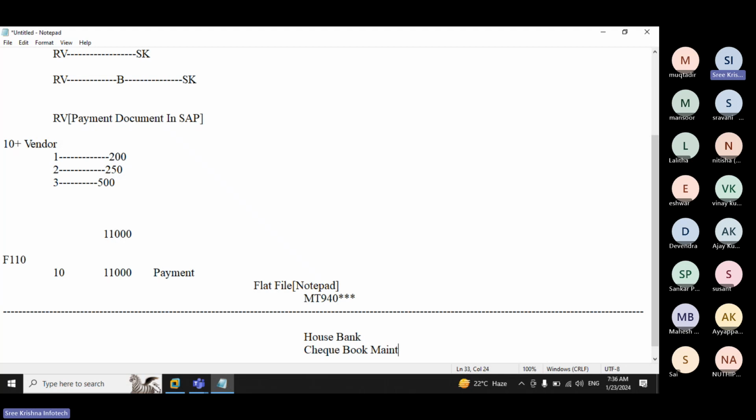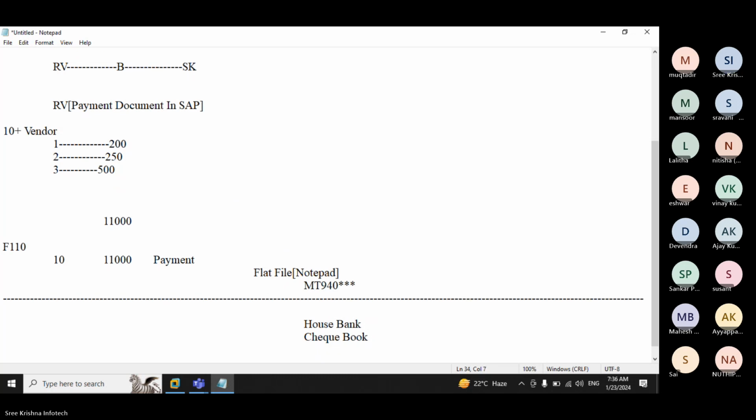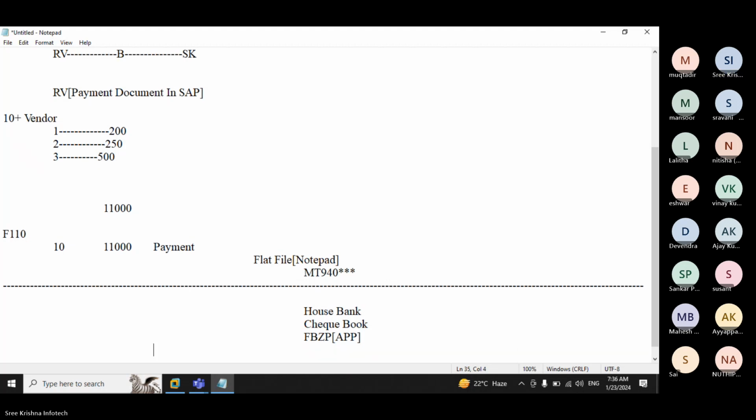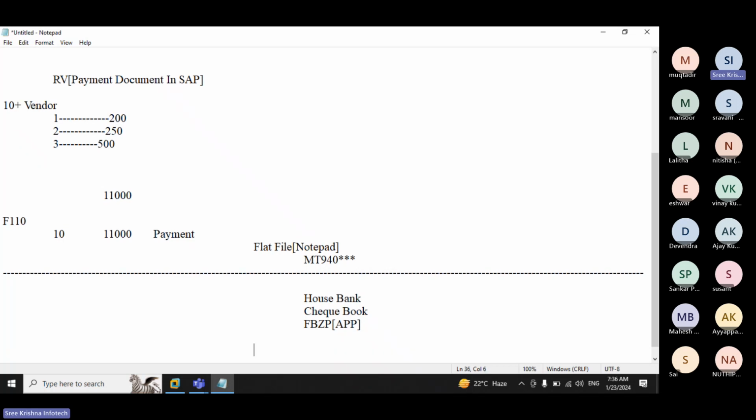Checkbook maintenance is important, and we already discussed it in the house bank class. FBZP procedure, that is called the automatic payment procedure. We have already covered these three. So now we'll go for